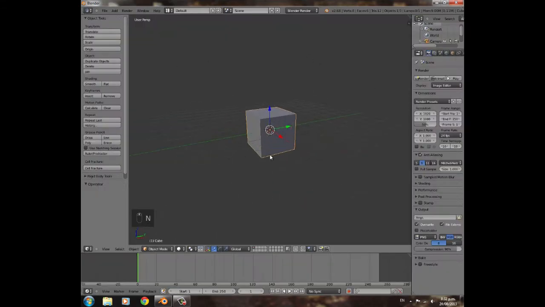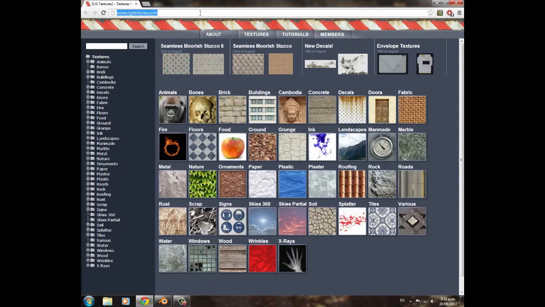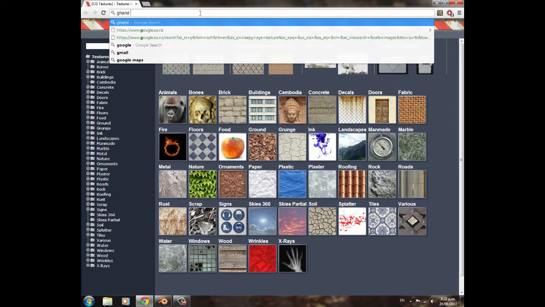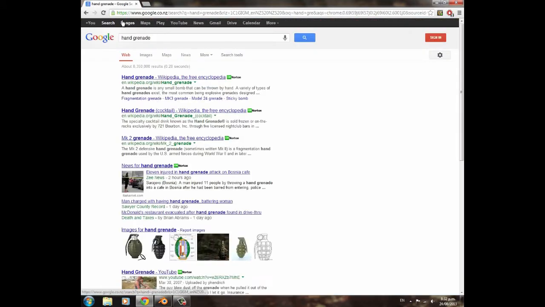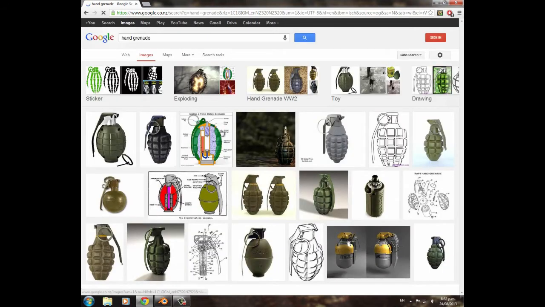What we're going to do is, first of all, make the grenade. So what we need for that is a grenade texture or picture. So we're going to go on the internet, we're going to search up hand grenade, and then we're going to go images,